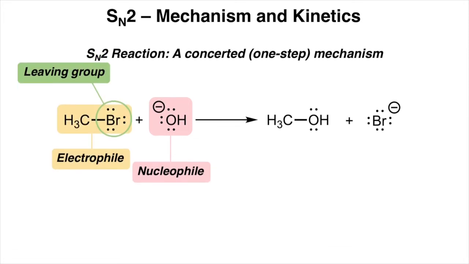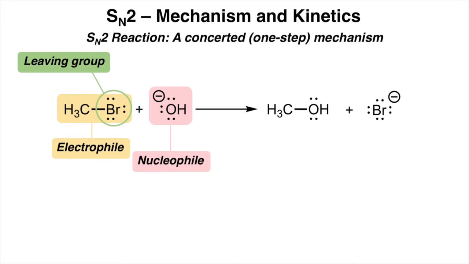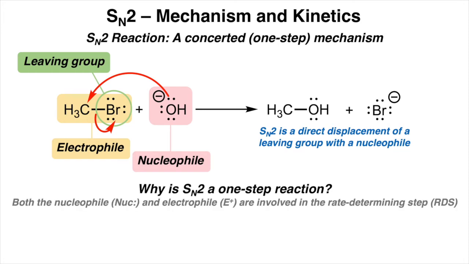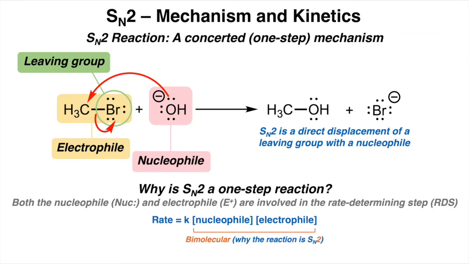So to quickly summarize an SN2 reaction, the three main components are that the nucleophile attacks the electrophile and the leaving group leaves. Note that an SN2 reaction is a direct displacement of a leaving group with a nucleophile, but the two red arrows drawn show that this reaction is a one-step reaction, meaning the nucleophile attacks at the same time the leaving group leaves. But why? Both the nucleophile and the electrophile are involved in the rate determining step,